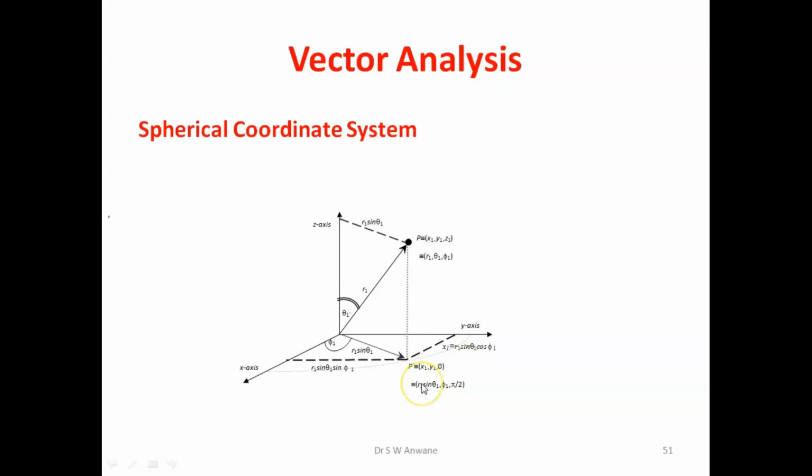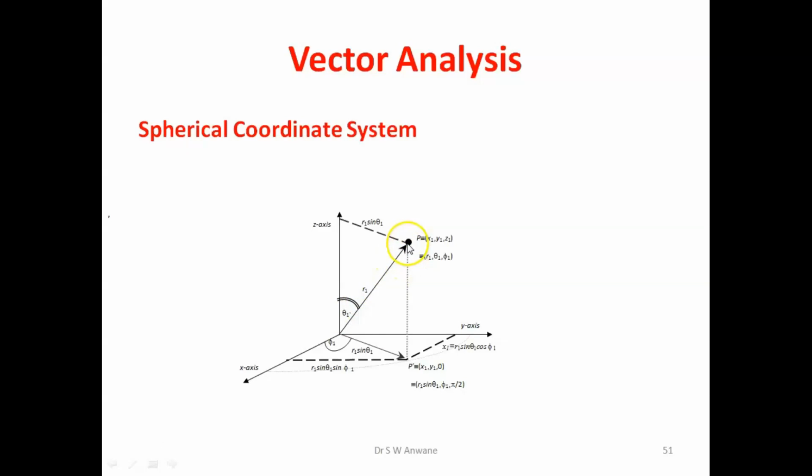Now, another way of representing this point is, let us suppose that the point is at distance r1 from the origin. So the locus of all those points which are at a fixed distance r1 from the origin will be a sphere, and that is why we are calling this coordinate system the spherical coordinate system. If you draw a position vector of this point P, which is at distance r1 from the origin, then it makes angle theta 1 with the z axis. So theta 1 is another coordinate involved.